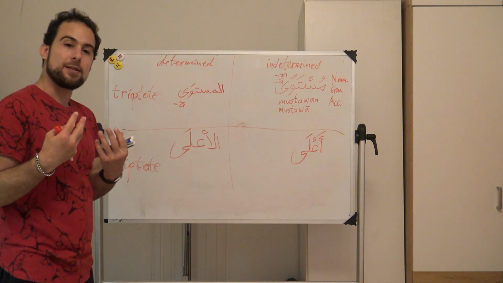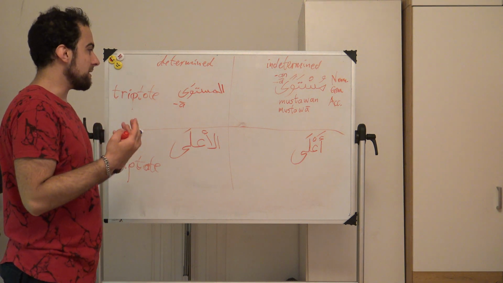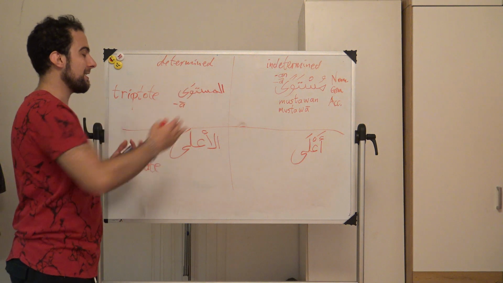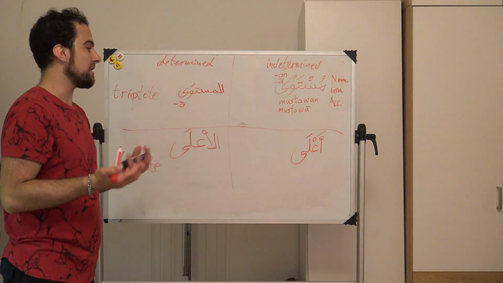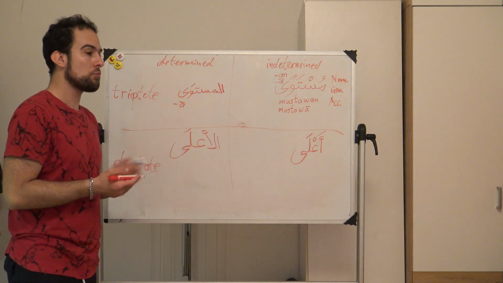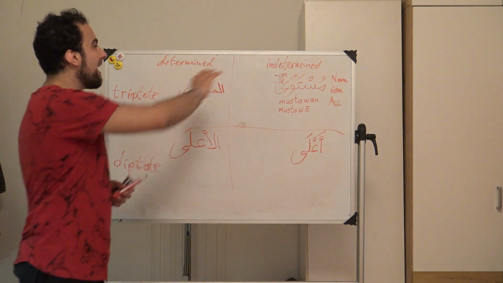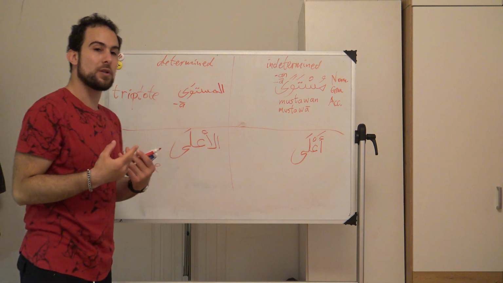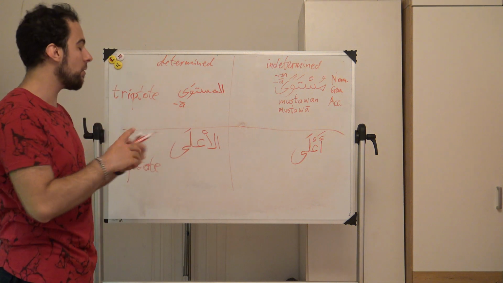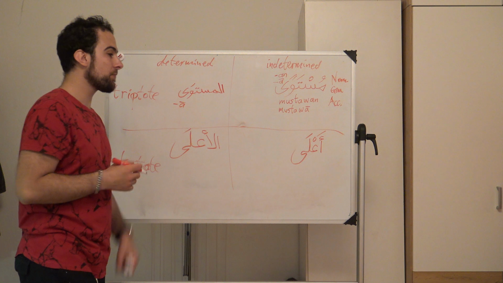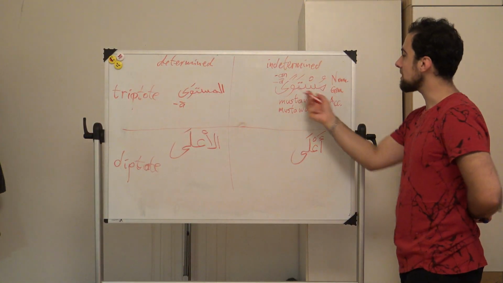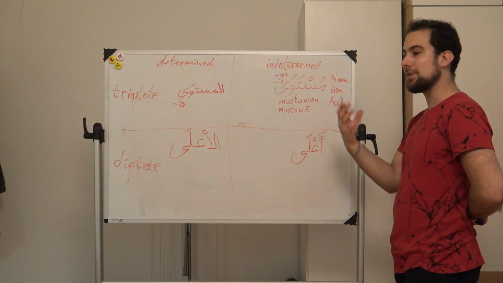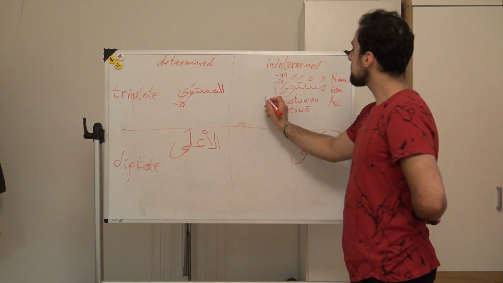Should I mention that a noun that ends with a long A has nothing to do with being masculine or feminine? I mean, that's not a feminine ending. This long A is produced because the third root letter is either a ya or a waw. We can have a look at this. For example, which form is mustawan? According to which form is it built or made? It's